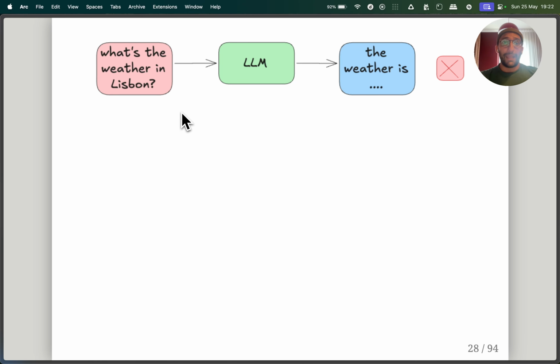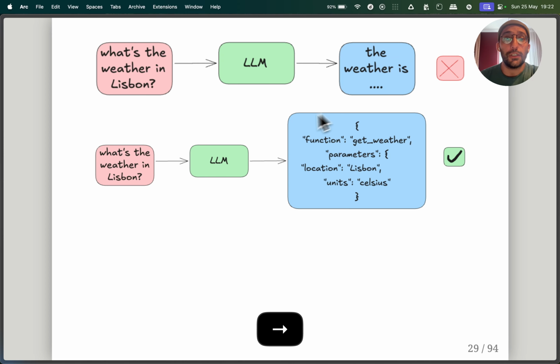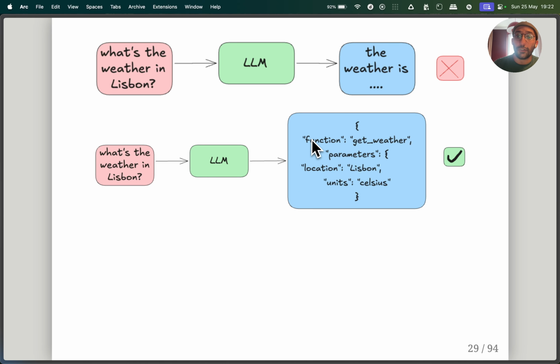So before, we had that prompt goes in, LLM, and then the output comes out and the output is a string, right? Now, if we send a prompt to the model, like what's the weather in Lisbon? The LLM is going to say the weather is blah, blah, blah. So that doesn't really work. So what works now, here's where we are in this discussion of actions and LLMs, is that an input comes in, like what's the weather in Lisbon? And the output of the model is going to be a dictionary containing an indication of what function should be used and what are the parameters that this function should use. Okay, so in this case, like location, units, and in the case of the example I was showing in Jupyter Notebooks, it was the two numbers that should be summed together.